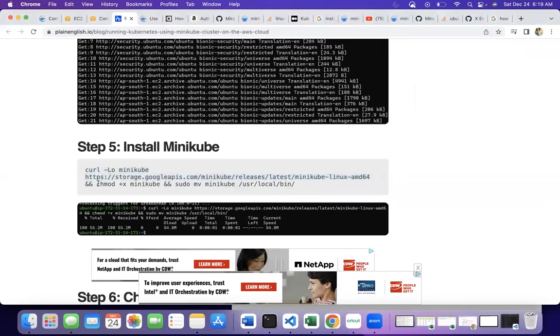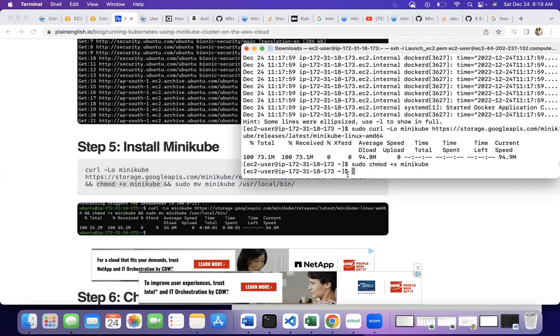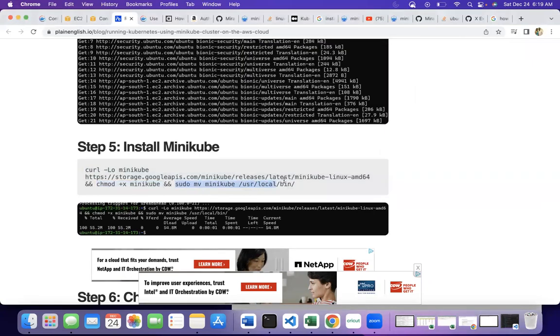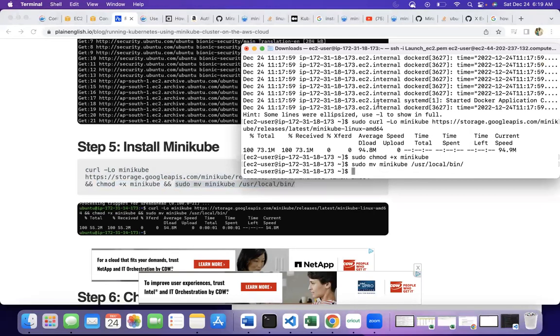There was no sudo in here. I can add it. So we have downloaded the minikube package, changed the executable permissions, and moved it to the user local bin folder. And when I do which minikube,